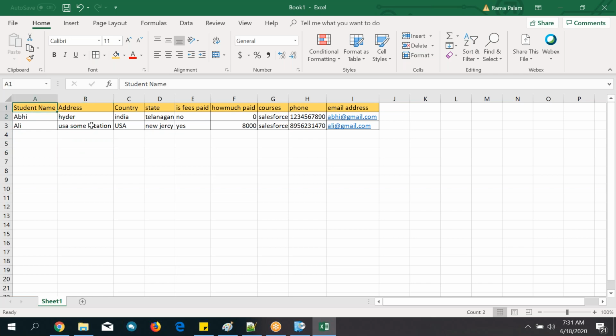So how can they store your data into Salesforce? That's what we need to know now.